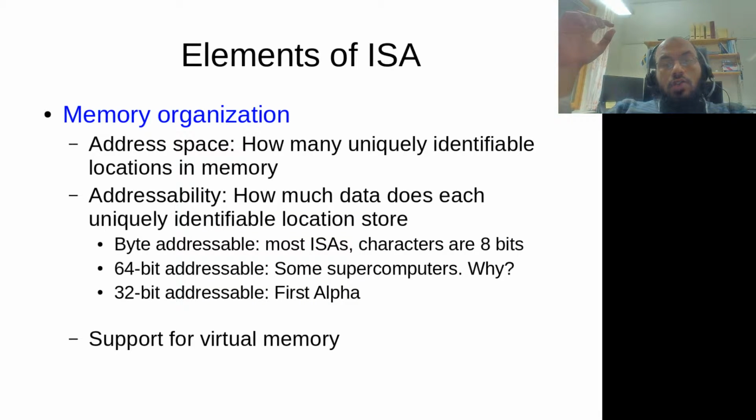There is also the addressability, which is basically how much data does each uniquely identifiable location store. So if you go to memory, how much data is present in each location that you have just defined in the address space. So you can have byte addressable, which is most instruction set architectures. So if you go to a location, you just find 8 bits, and that's byte addressable. But for some supercomputers, you have 64-bit addressable spaces. That basically means that when you fetch from memory, the minimum number of bits that you can fetch at any point in time is 64 bits,